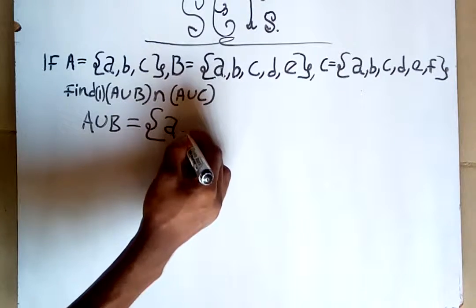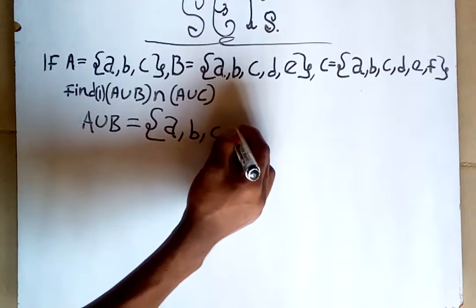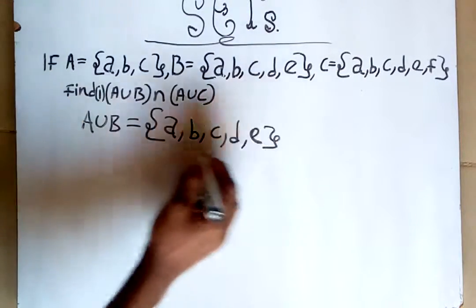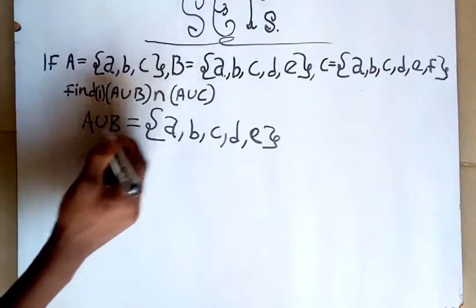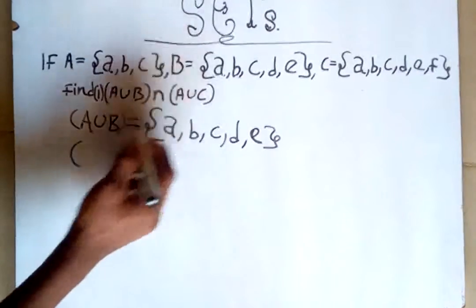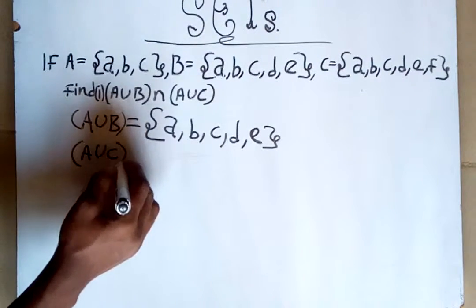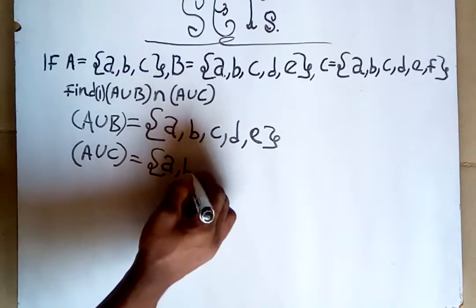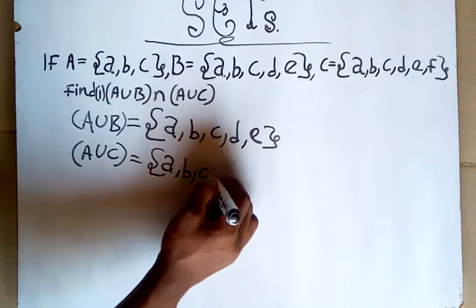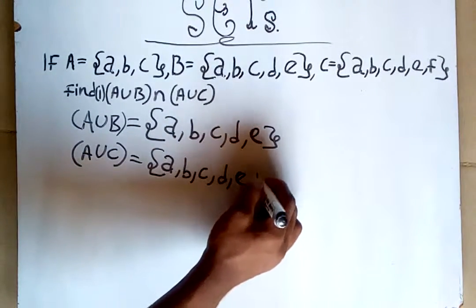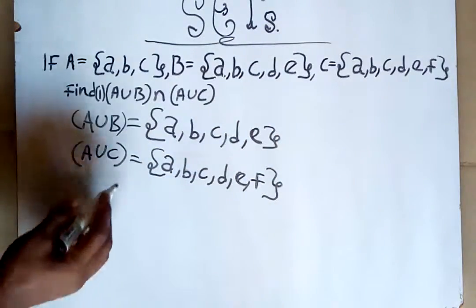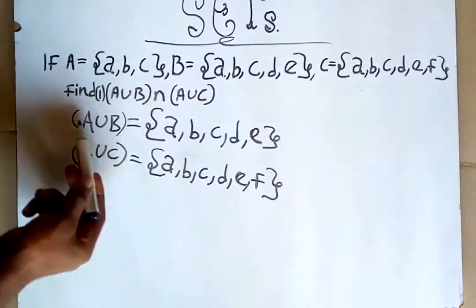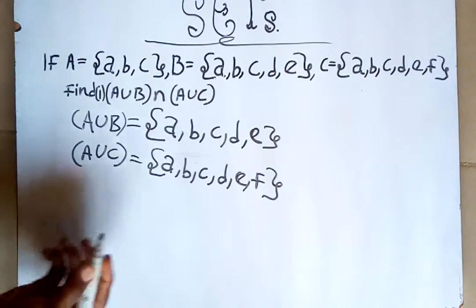We have A, B, C, D, E. These are A union B, and we have A union C to be A, B, C, D, E, F. So the intersection of these two written here, the intersection of these two would be what's common